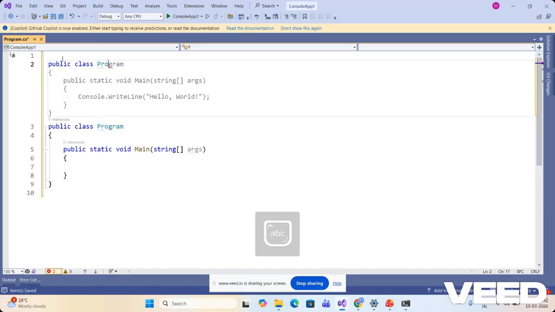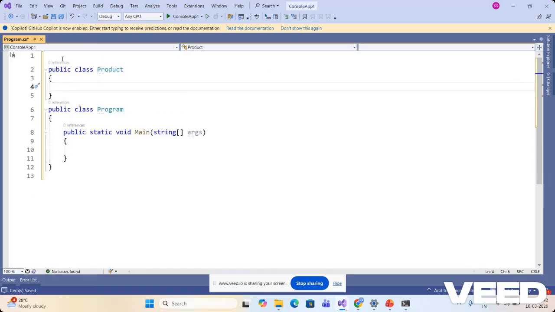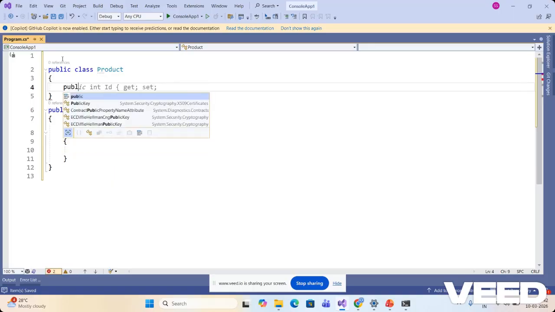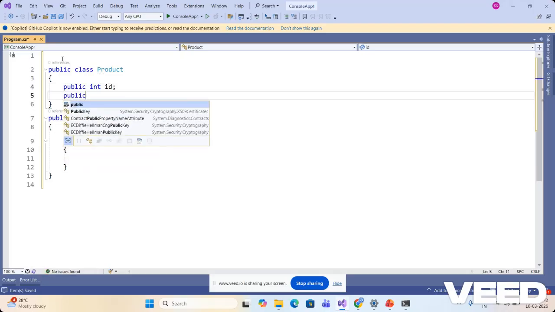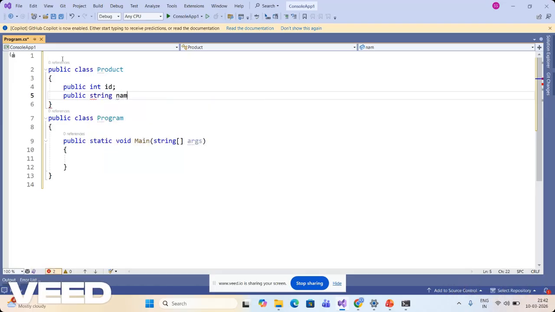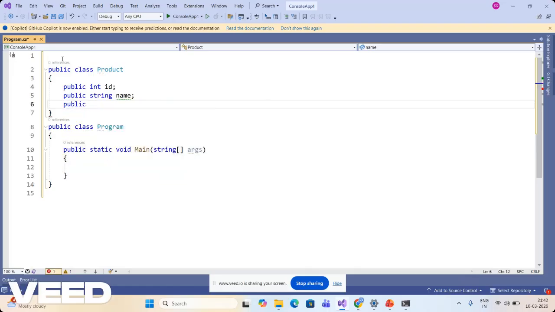This will be my product class with the properties, that is, fields. I have a public int ID, and product will have name, product will have price,